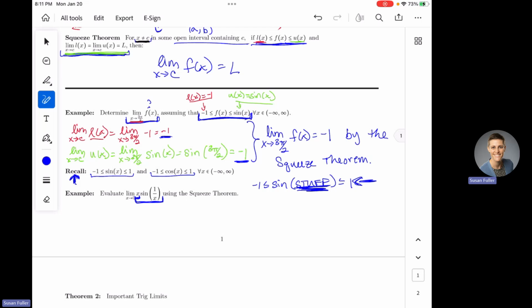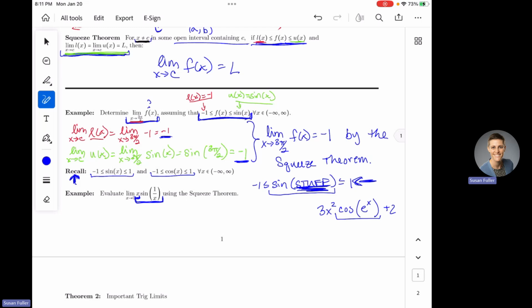So no matter what your function looks like, I want you to start with the sine of the stuff that you have inside the sine function. Or if you had a cosine function that looked like, I don't know, 3x squared times the cosine of e to the x plus 2, if this was what you had and this was the thing that you were trying to find the limit of, you would start with the cosine of your stuff is stuck between -1 and 1, right?